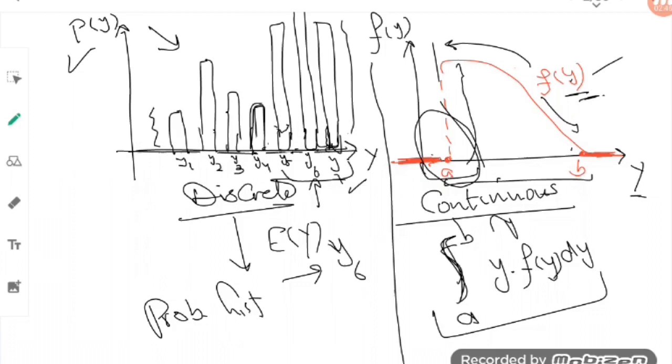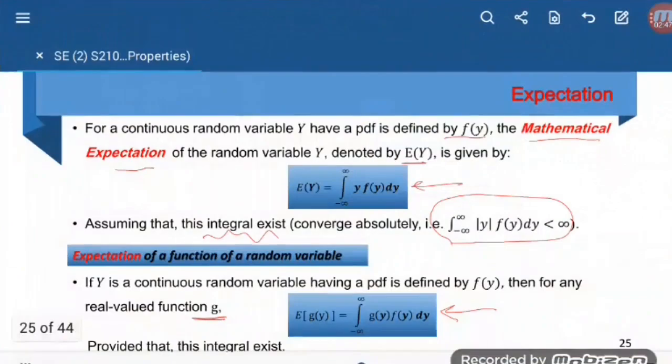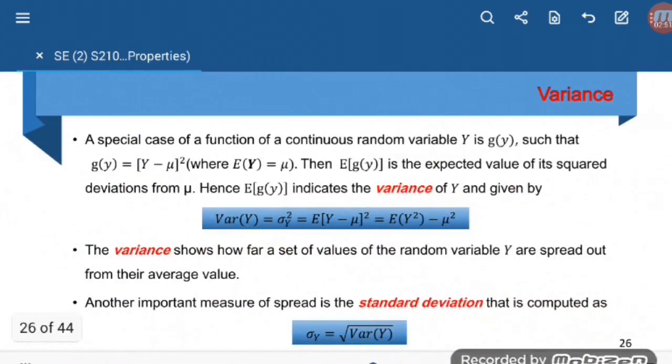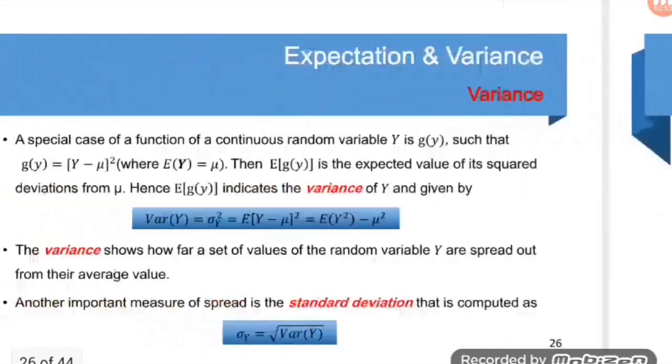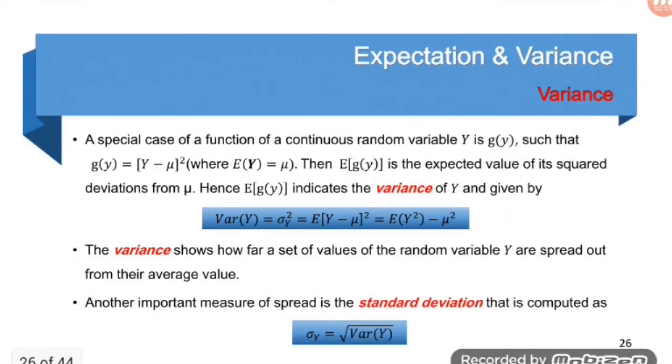Now move to another measurement, which is the variance. And if you remember, we studied variance, and the variance was a measure to center the spread of the values from its mean. A special case of a function of a continuous random variable y is g of y, such that g of y is the square of the distance between y and its mean. If we express mu as the expected value of y, so (y minus mu) to the power 2